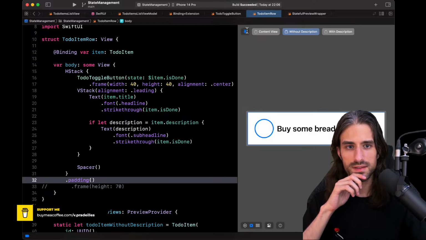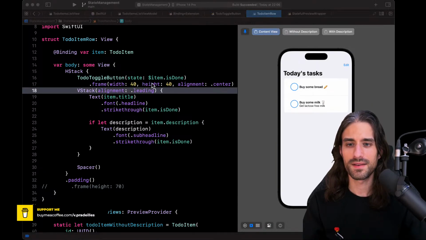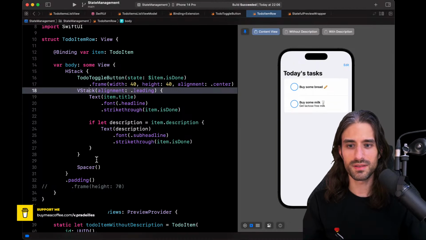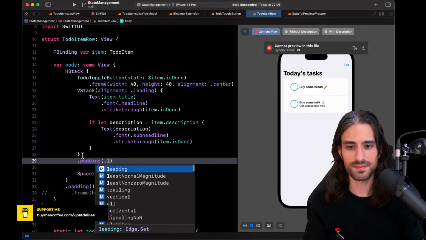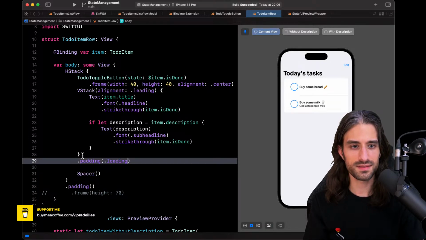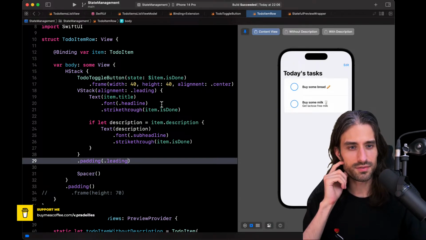Oh, actually, the issue might just be that I had some leading padding at some point. So like that. Yeah, it kind of looks nicer, and so it answers the question of, do we